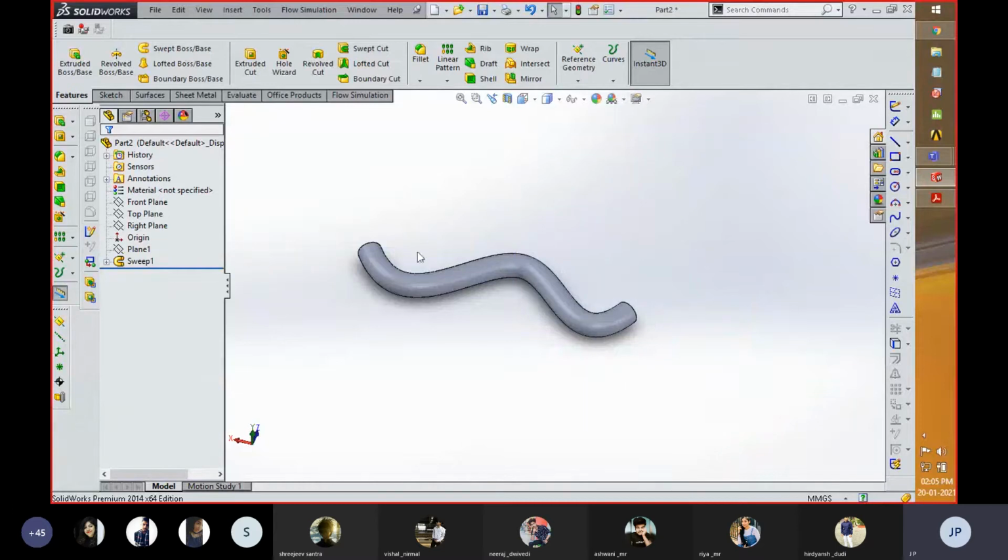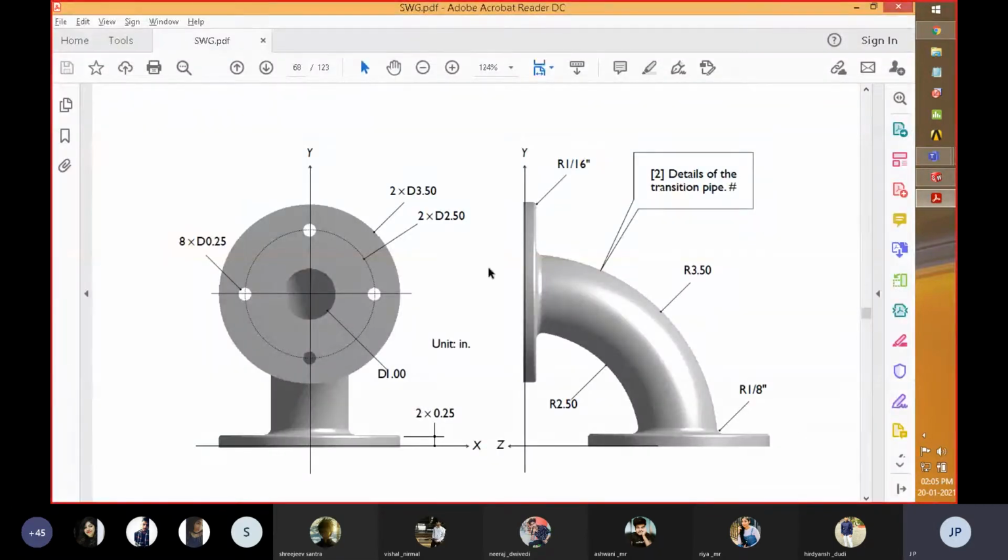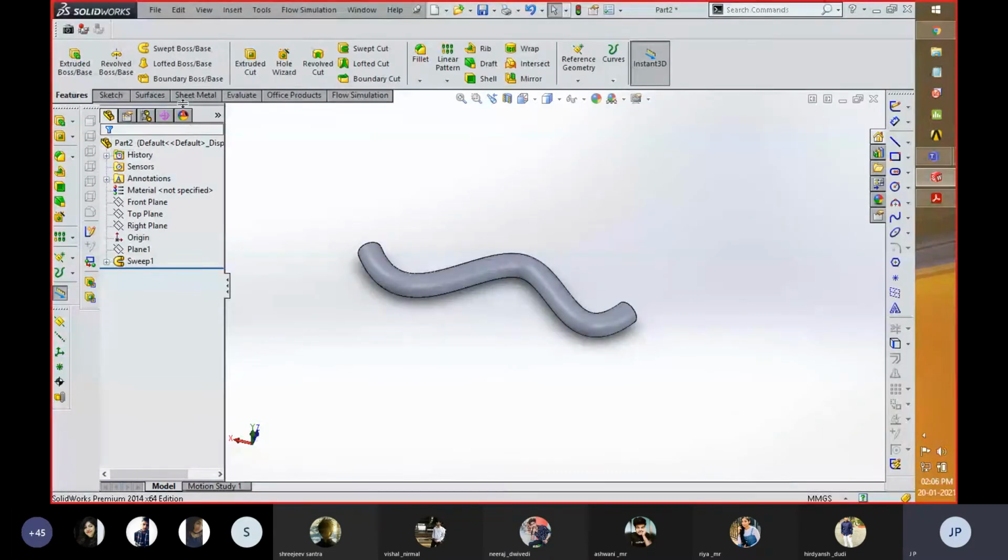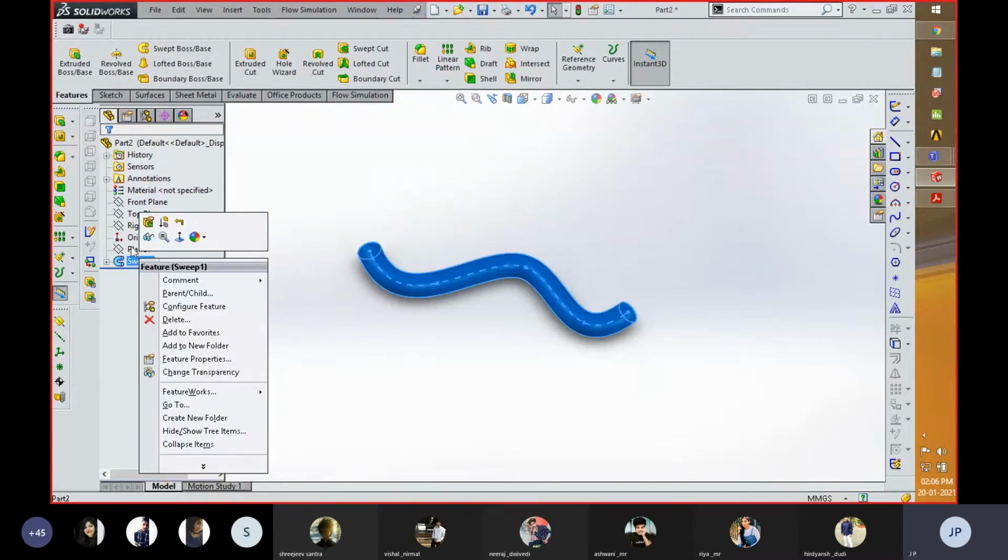This can be used for adding material or removing material, which I am going to show with respect to this diagram after telling all the tools in the material adding ribbon. Okay, now this is completed. So for the next toolbar, that is lofted boss, I am going to delete all these which I created earlier.